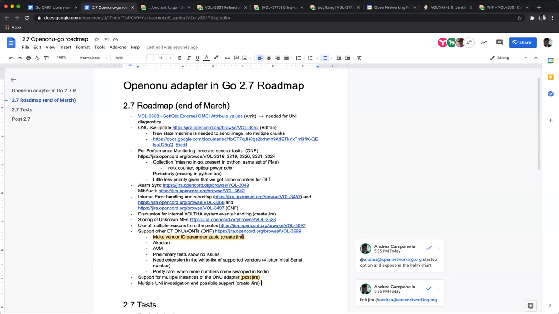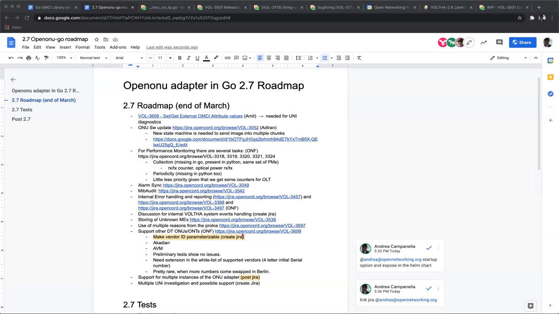Is this a priority for Türk Telekom that you know of, Özge? I need to talk with my colleagues. Actually, I don't know. Okay. Then I would say go ahead, talk to your colleagues and see what priority this is. And let's see if we need to get it into 2.7 or not.